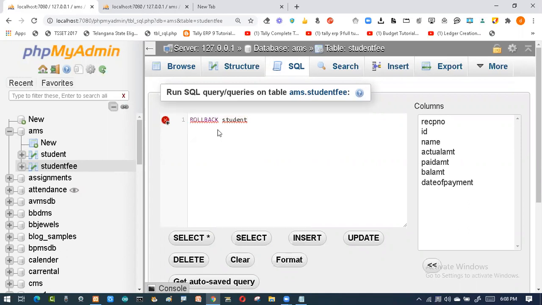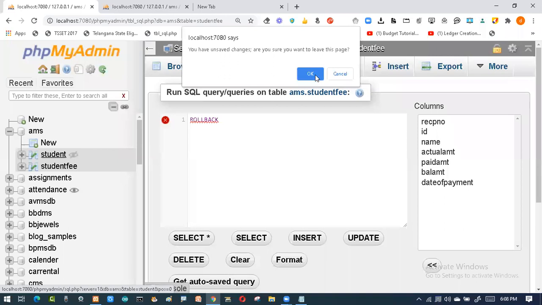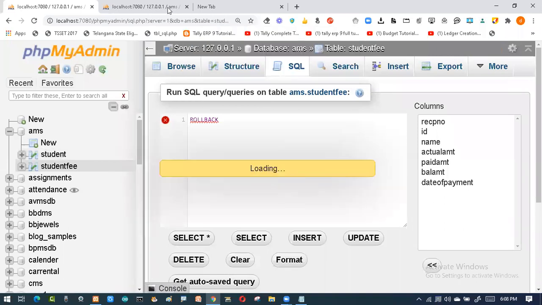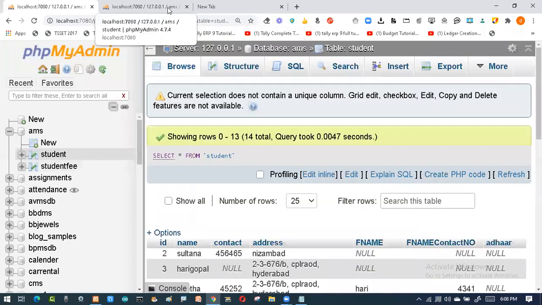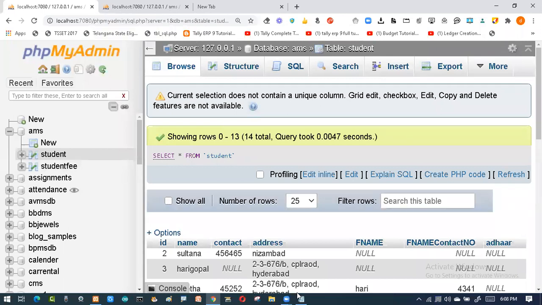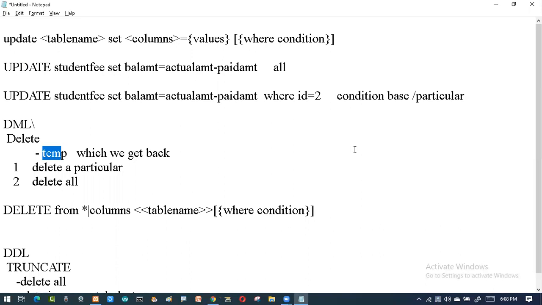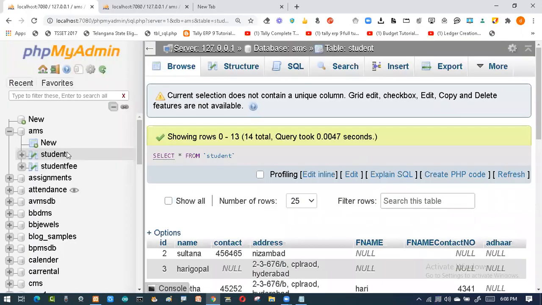So it is saying no transaction has taken place. So immediately I should have done it over there. I have not done. So the operation should be done immediately. Okay, we'll see that in the upcoming class with an example. So with the help of rollback, we can do that. So let's try for this one. So first of all, I go to the student fees. Here only I'll do that one.